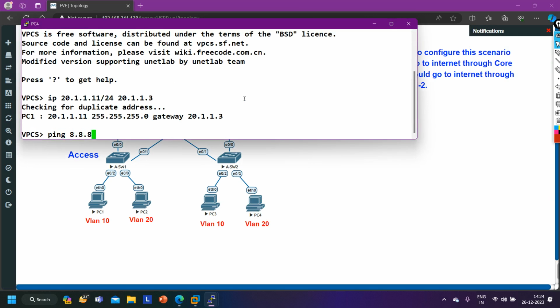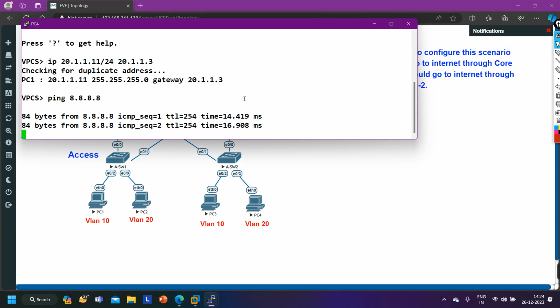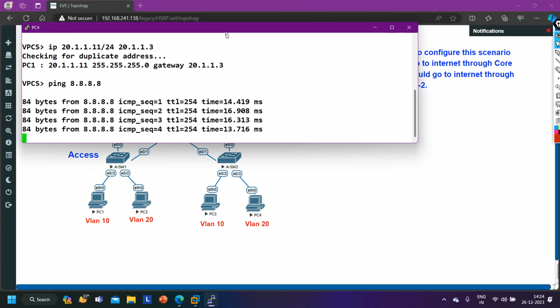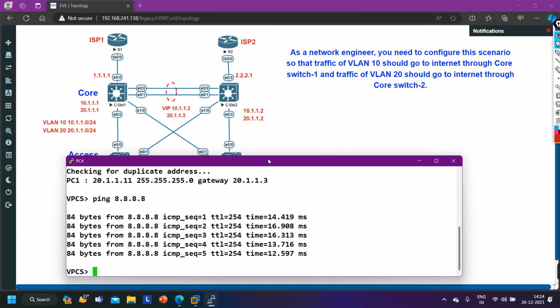Ping 8.8.8.8. I'm able to ping, and in the packet the destination MAC will be the MAC address of